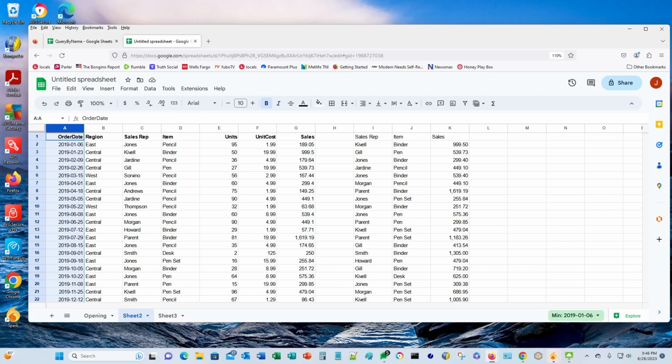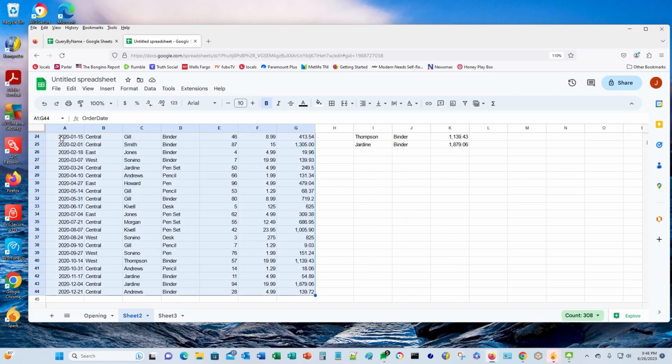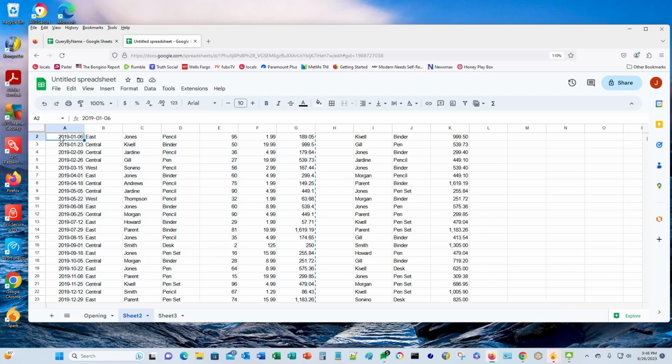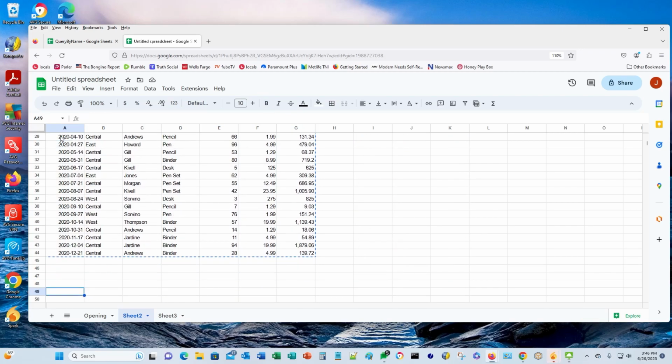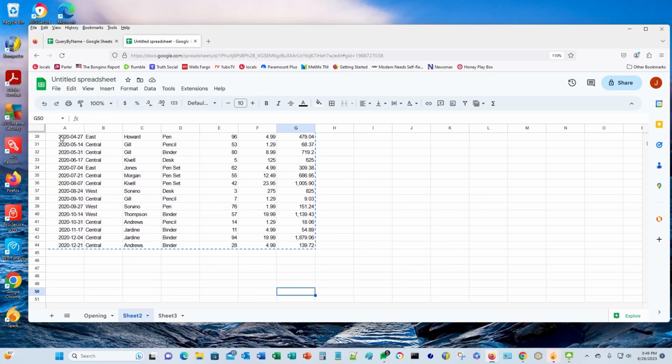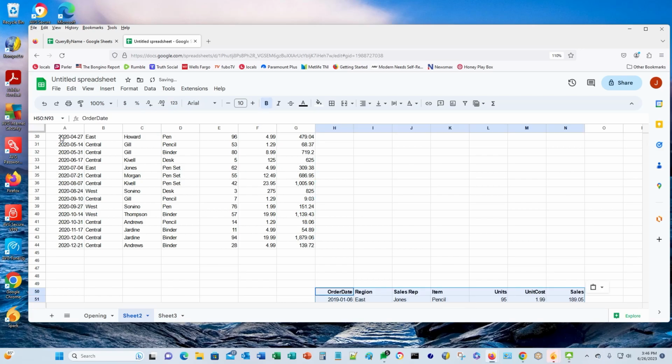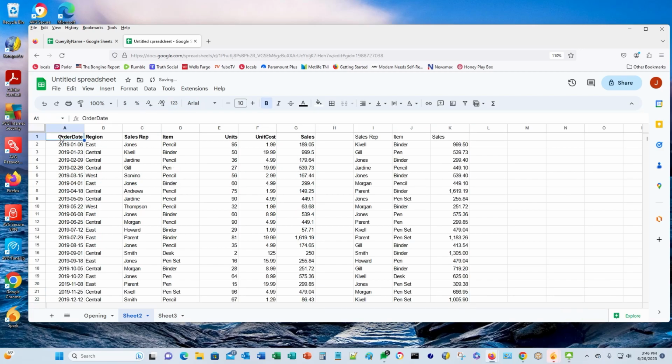So it wasn't that difficult, so I decided to go to Lambda to make the QueryByName function more useful. So we'll start by copying this data set down and to the right. Let's say row 50, and I'll start over here at column H. And let me go grab that formula we wrote for QueryByName